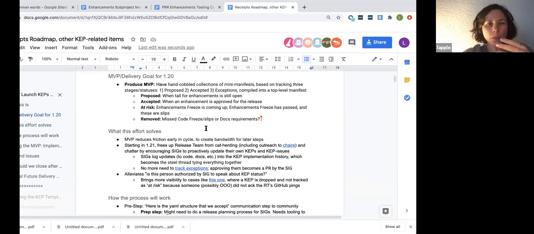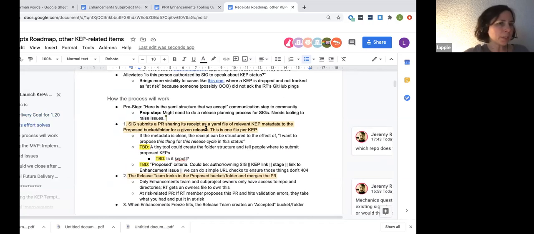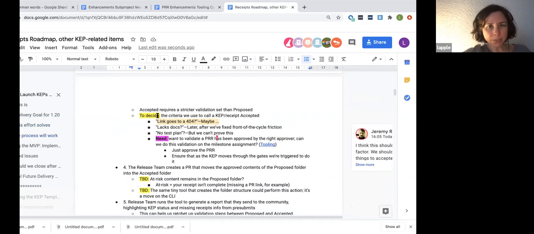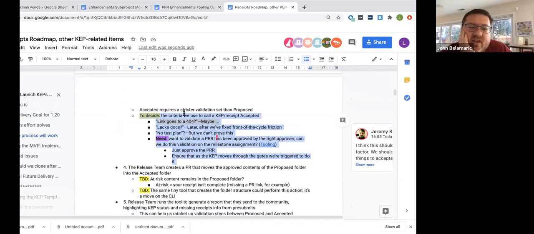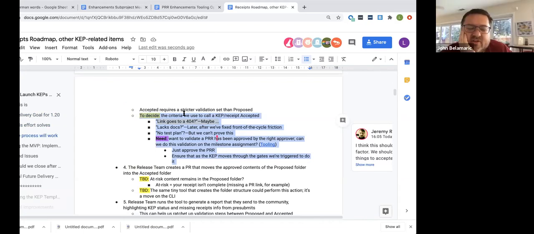So just to follow up, there are a few technical implementation questions, all highlighted in yellow. And then there's a few questions related to process. For example, this seems like it would help both the PRR effort plus this effort, if we define criteria between accepted and... I think we have some criteria right now in the template that the enhancement team checks, and being able to automate as much of that as possible is great.